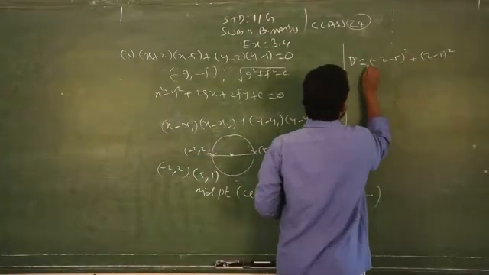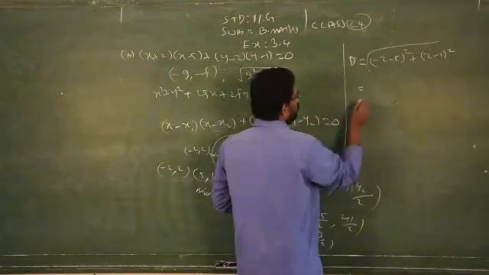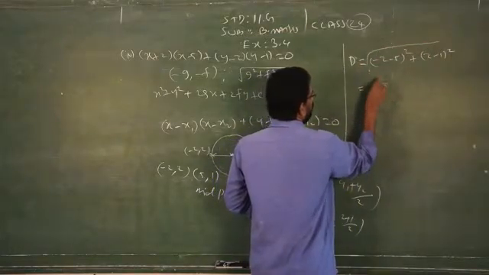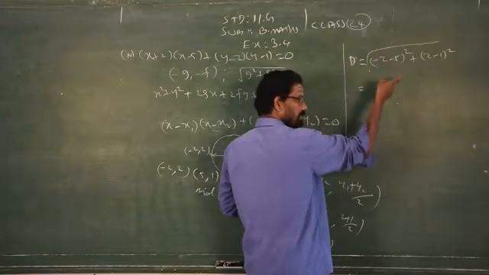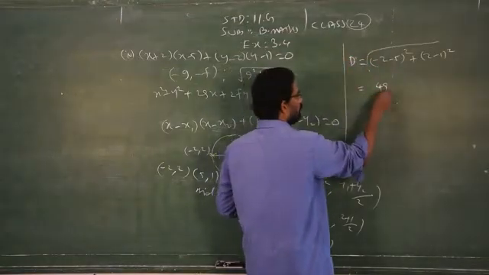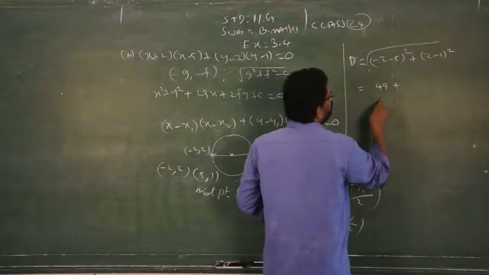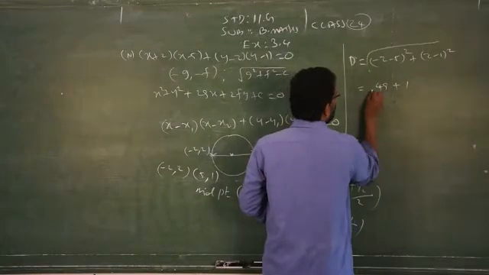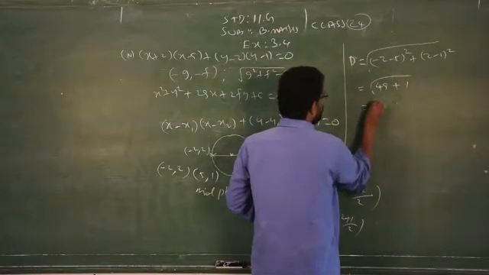I am straight away using the distance formula. So this is 9 minus 2, which is 7... actually 2 minus 5 is minus 7. When you square the negative number it will become positive, that is 49. 2 minus 1, 1 square is 1. So your answer is square root of 50.